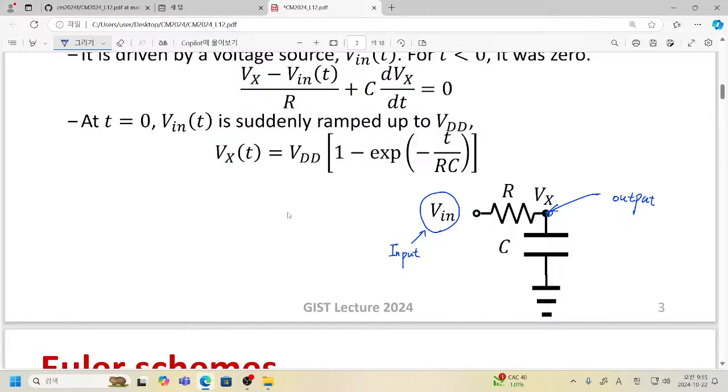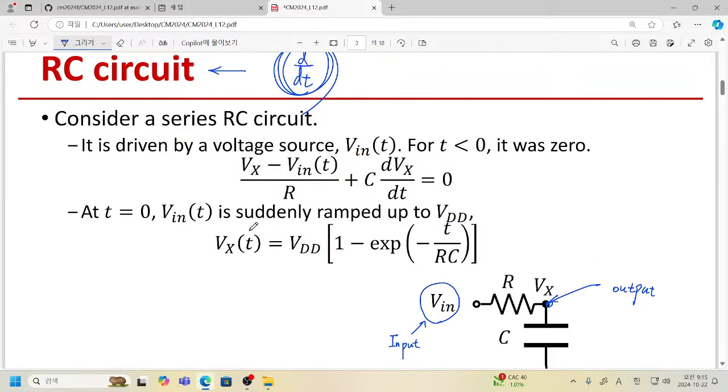Of course, if you are educated at a college level, then you understand what will happen to this system, because especially this capacitance shows certain behavior as a function of frequency. However, I'm not going to show the analytic way to do that. I want to discuss how we can numerically implement this system in our computer program,